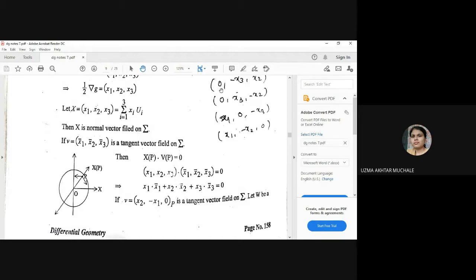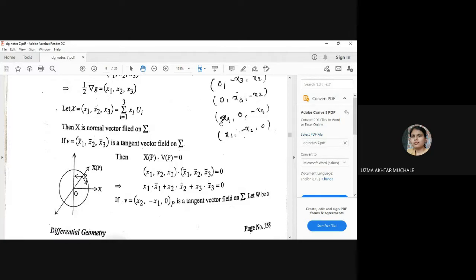If you see the first one, the first term is 0, plus the second is x2 x3 with a negative sign, and the third term will be x3 x2 with a positive sign. What will be the resultant? Minus x2 x3 plus x2 x3, and the first term is 0. Similarly, you can go with the second vector. First is 0, second is x2 x3 plus minus x2 x3. Here the first term is 0, the second term is positive, the third term is negative with the same term: x3 x2, next is minus x2 x3, and the resultant will be 0.